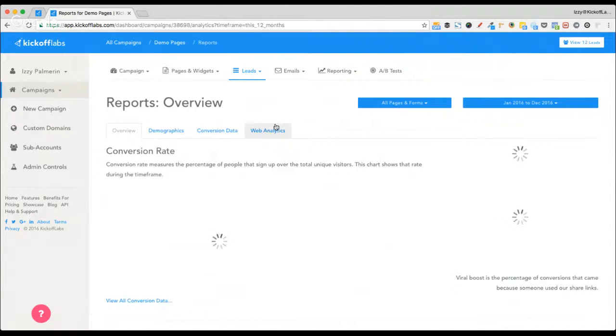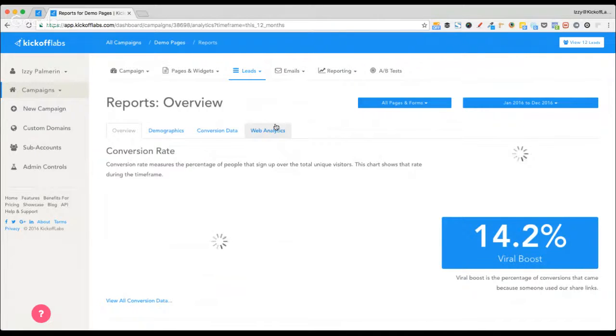The conversion rate is the number of people that arrive on the page and sign up. The viral boost number is probably taking a long time because I asked it for the last 12 months, so it needs to query a lot of data. Usually it doesn't take this long, but the viral boost number is the percentage of people that have referred additional people to your campaign. So right now, it looks like a 14% viral boost, which means that 14% of people have been referred to my campaign through social